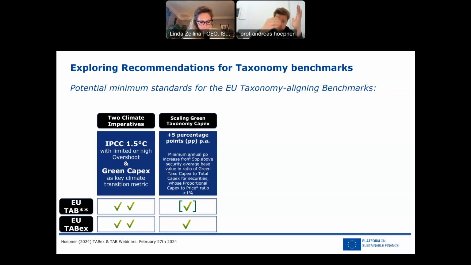So in Europe, we're at 12% right now. That would be 12, 17, 22. Globally, we're more at 3%, that would be 3, 8, 13, and so forth. And so the next question is then, what is meaningful capex? Because if I look at the relative of the green to the total capex, I could have just 200,000 euros in a giant company, and I could be 100% green, but not a meaningful number.